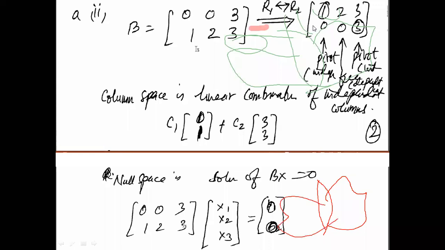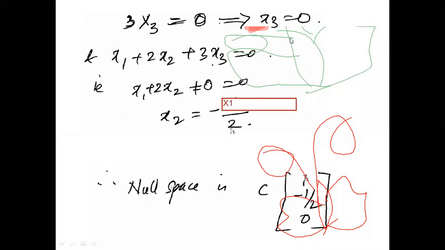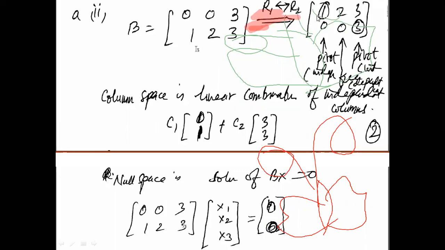Okay, and once you interchange row 1 and row 2, B becomes equal to 1 2 3. This row is going to flip, and the row on the top is going to come at the bottom. Right? So the matrix now looks like 1 2 3 0 0 0, and if you see, it looks like an upper triangular matrix. The diagonal is here, and the elements below the diagonal are just 0. Right? And from here you can see that the first column is a pivot,